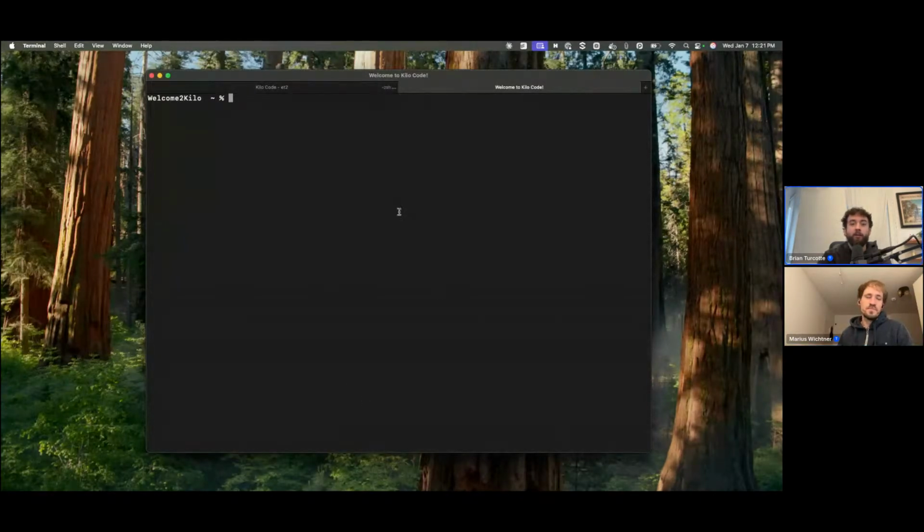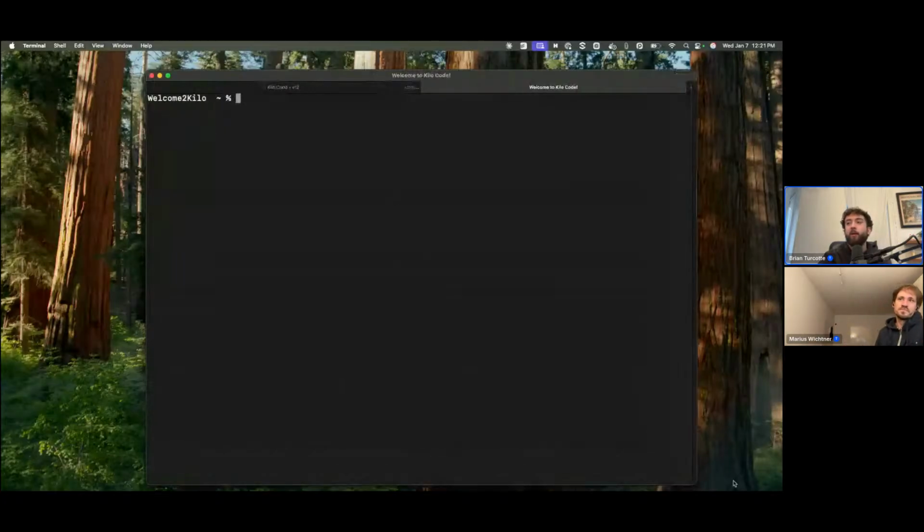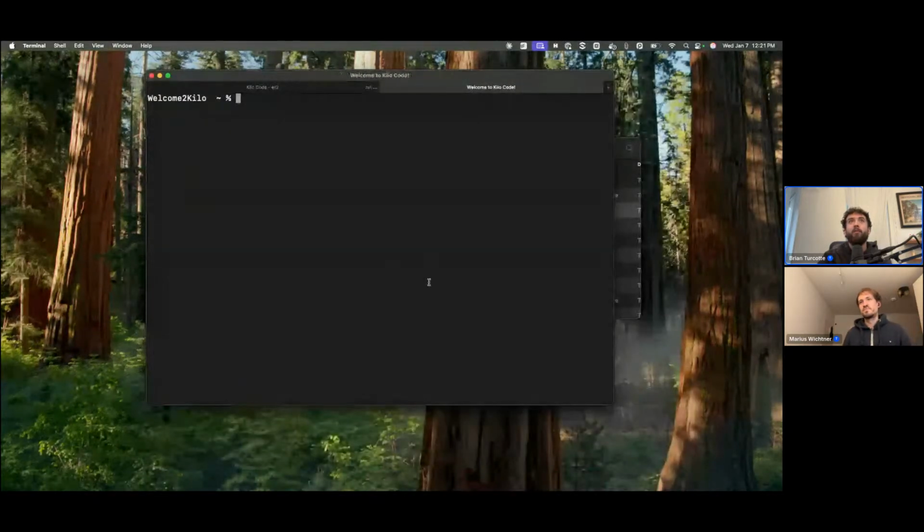Right. And just to show people what exactly that would look like: if you were outside of the CLI, you would type the Kilo command, use the auto flag, and then type your command. It wouldn't always be you typing the command because, as Marius said, it's sometimes intended to be used in automated workflows.